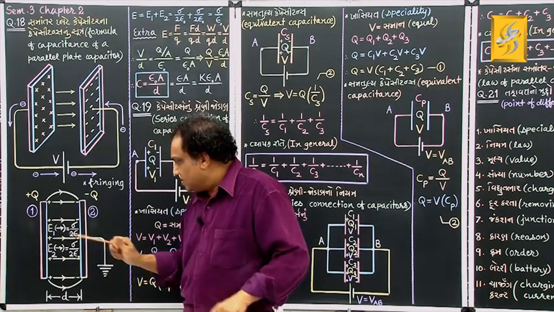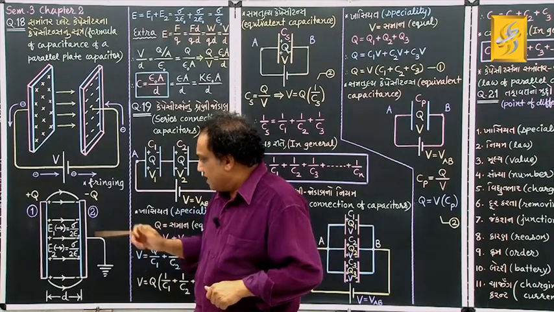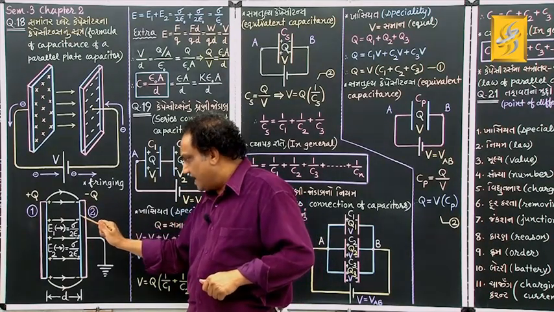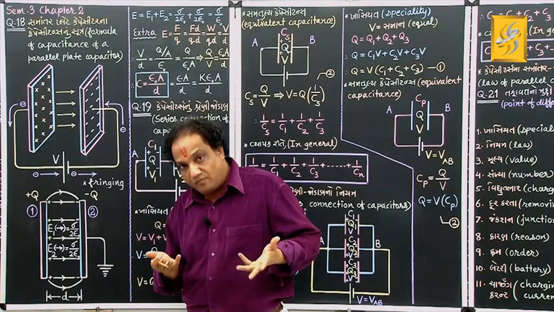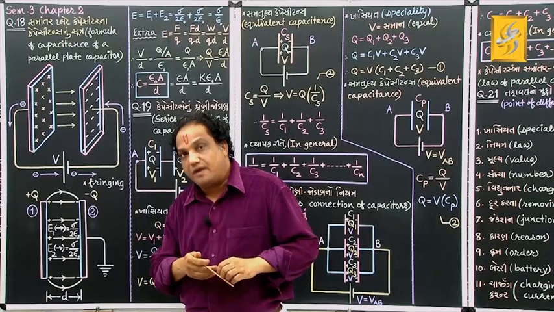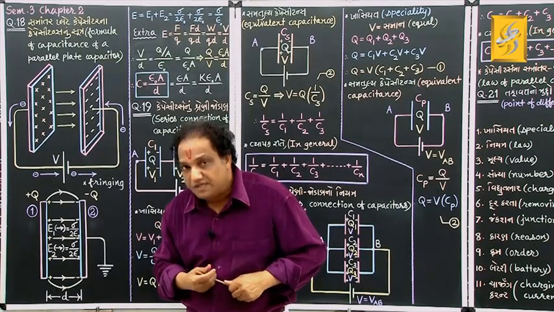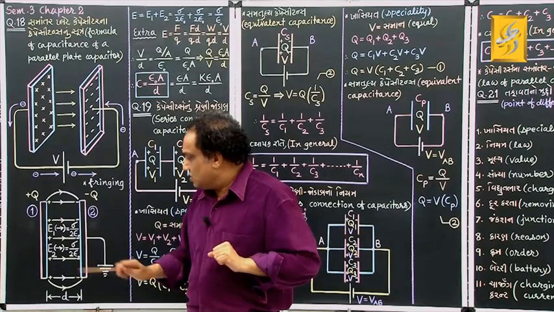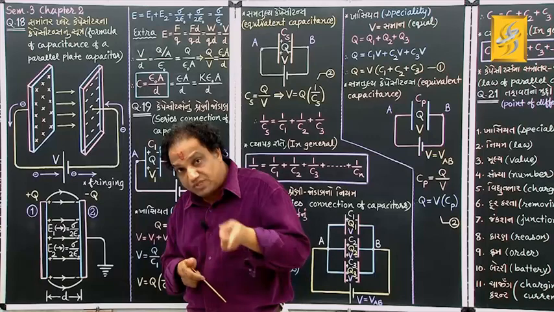What is the magnitude? Sigma upon 2 epsilon 0, correct? Fine. Now what about this plane having negative charge? Come on, the formula for electric field of a plane of charge having uniform surface charge distribution, what is that? Sigma upon 2 epsilon 0. So here also I am writing sigma upon 2 epsilon 0, but it is due to the second plate, so